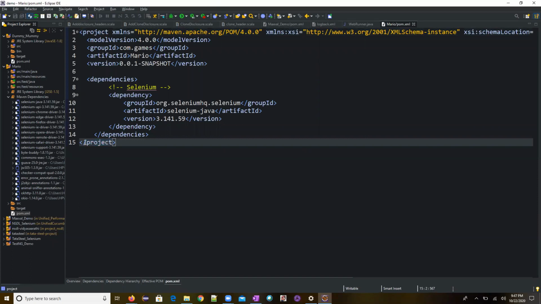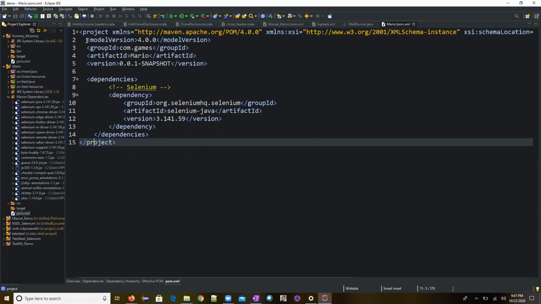If you want to close any tag, we close it with a slash. So this is the opening tag and this is the closing tag. XML depends completely on tags. If this is open, then it should definitely be closed. If you don't close it, it will throw an error, so you have to be cautious with opening and closing tags.